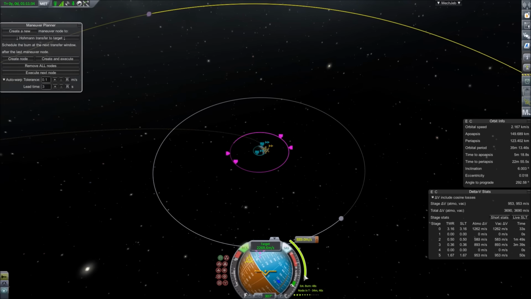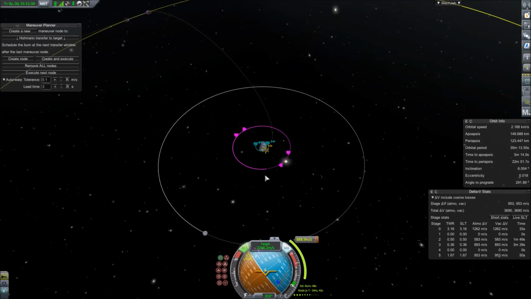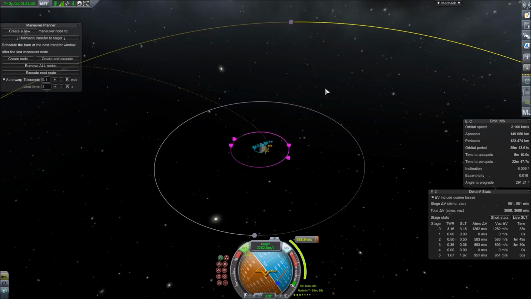Create a node. Coming up in 34 minutes. That's some transfers there. So, home and transfers to the target with MechJeb will get the job done. Certainly. We're going to go ahead and click execute. However,